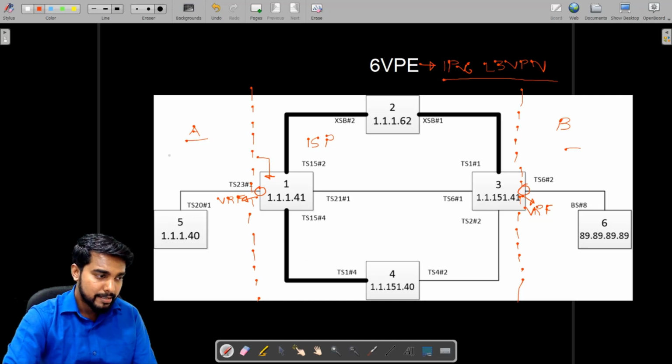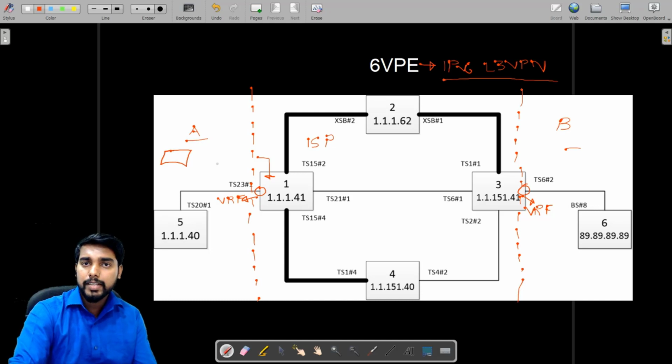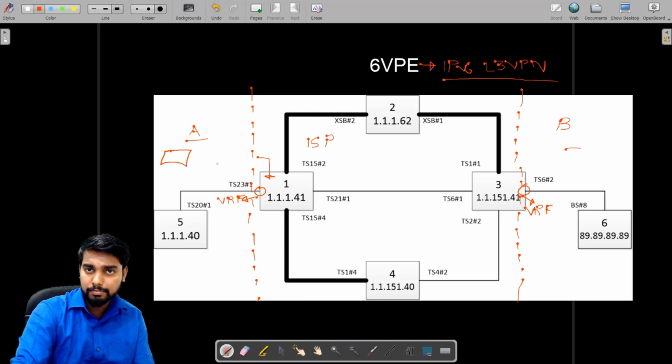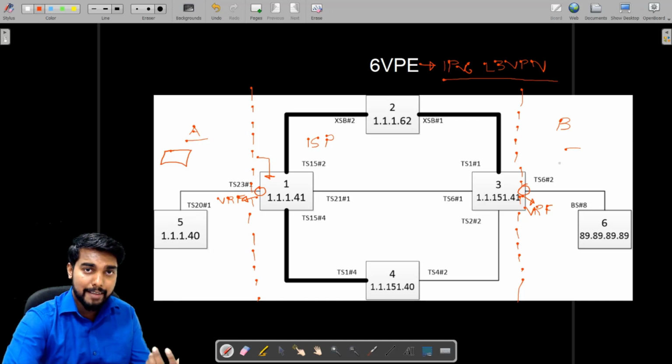One fine day there is a new customer with the latest technology. Now we all know that IPv4 is no longer a new technology. IPv4 addresses are exhausted, and if you want a new internet protocol address, you don't have any IPv4 addresses available from IANA. So now you have IPv6 addresses. Now new customers are adopting this new technology, which is IPv6, and are now trying to come on the internet using these IPv6 addresses.